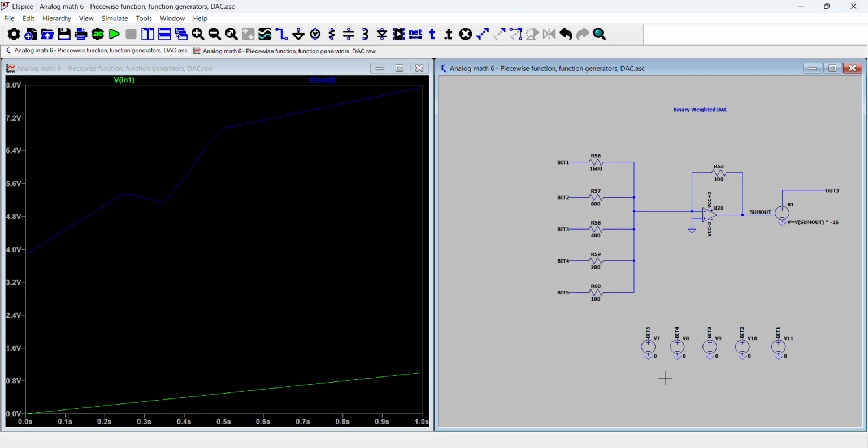And they either pull high or pull low. So they either output 0 volts or 1 volt. So this could be connected to a microcontroller that programmatically changes the binary representation of the voltage over time. And then to get the actual voltage back out, you put this through an analog adder, but you have